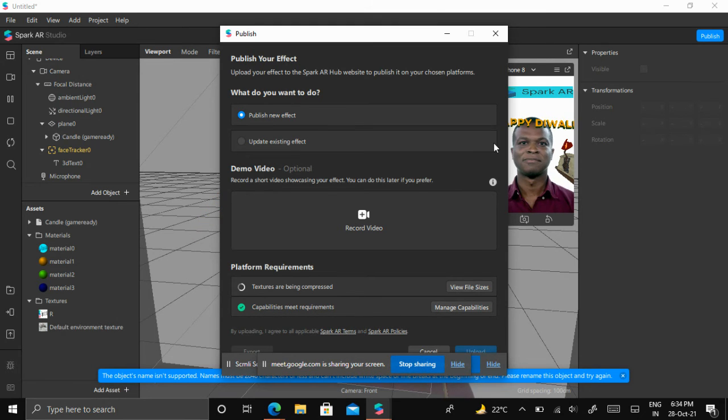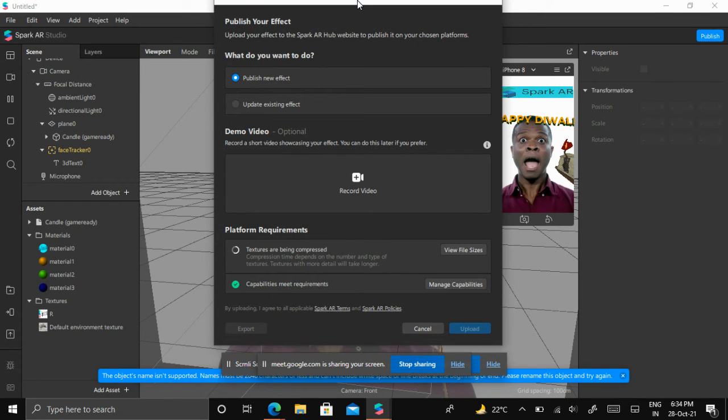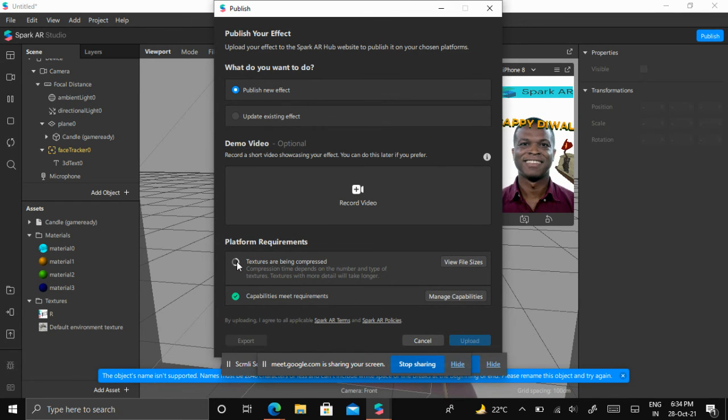In the Spark AR Hub we can see the views, how many members have used our filter, how many views, how viral it has gone. You need to publish a new effect, and you need to add this optional one. You can publish it to the Spark AR Hub.